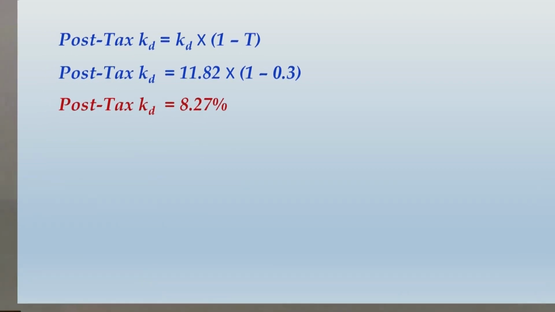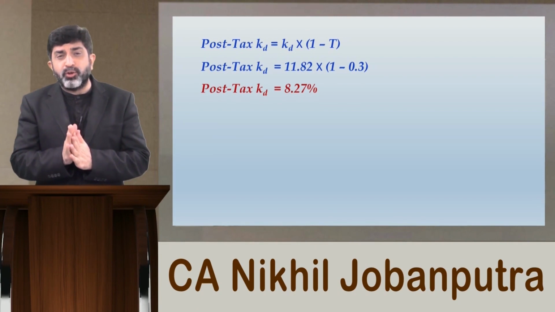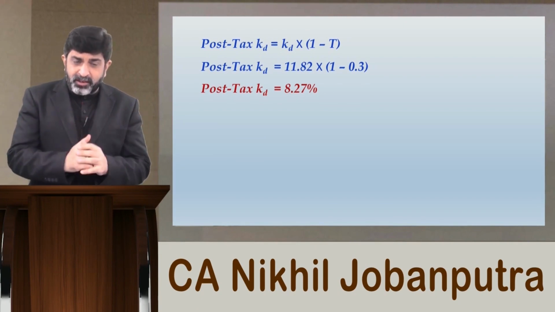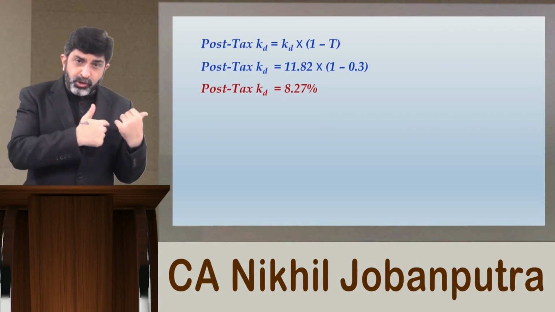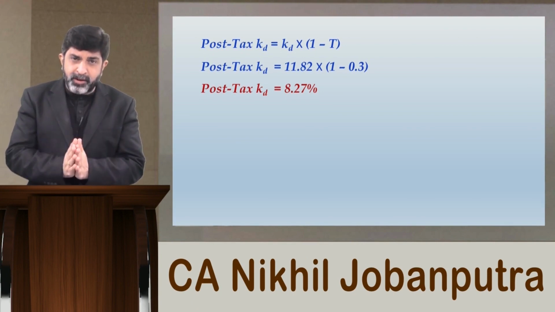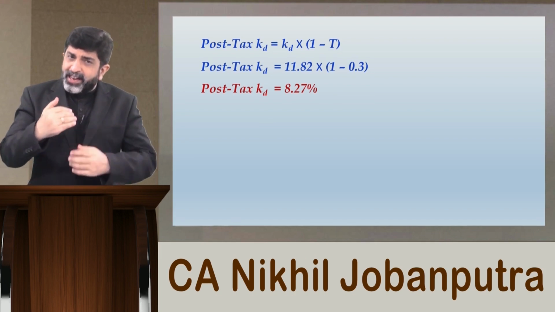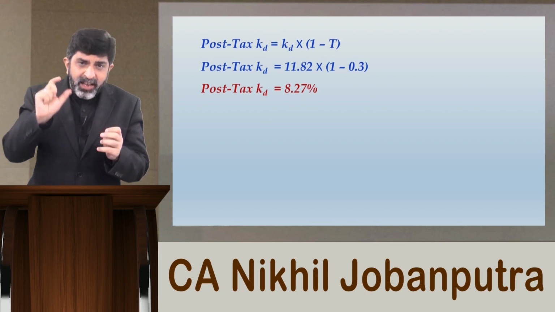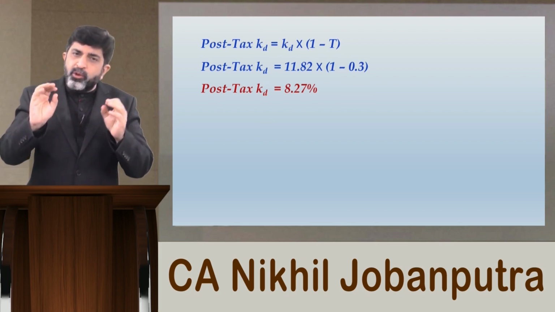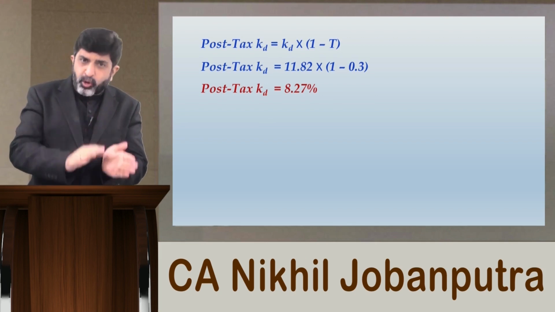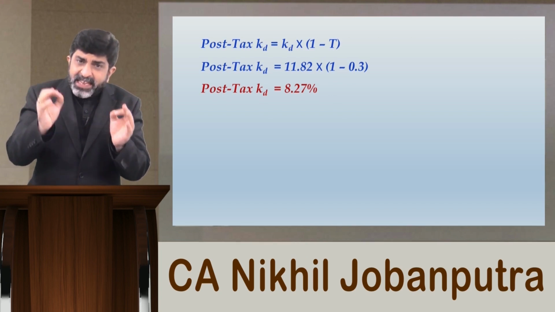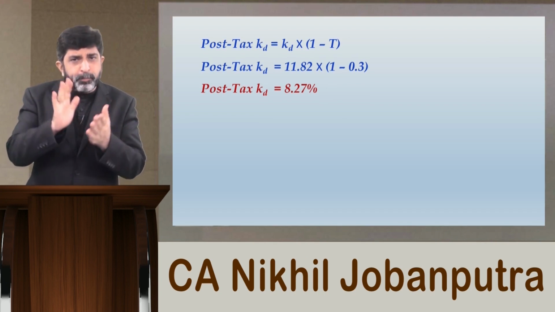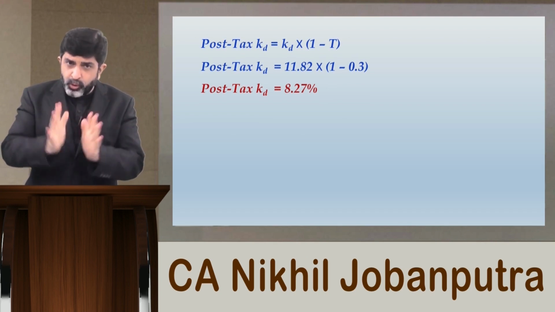Now let me explain one very important point over here. Now this approximation method, of course I am talking about the better version, this version what you have just applied, I told you that it is an outdated concept. We are going to simply find the IRR of this debenture, which will be considered as pre-tax cost of debt, also known as yield to maturity, and then apply 1 minus tax rate to that to arrive at post-tax cost of debt. We are going to do that.